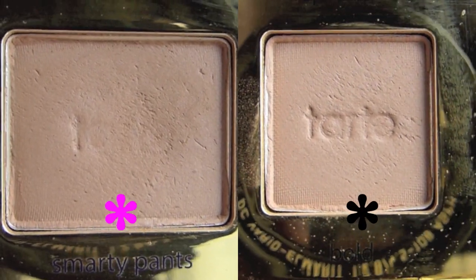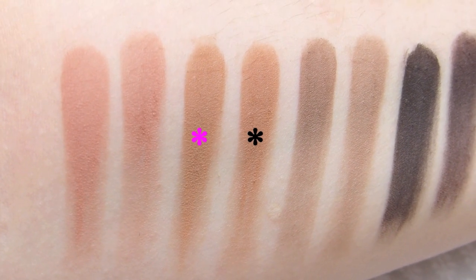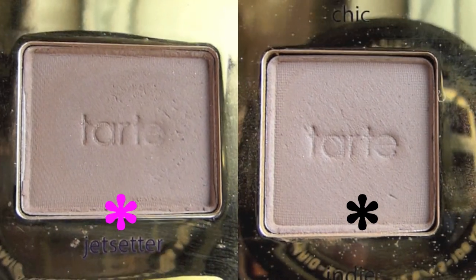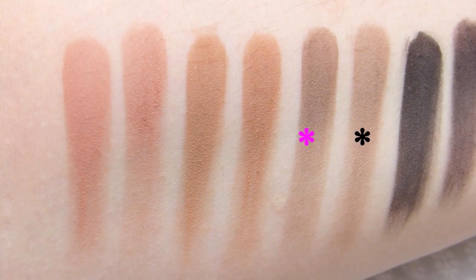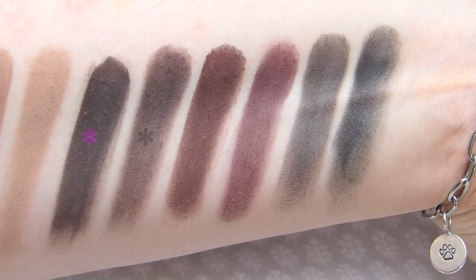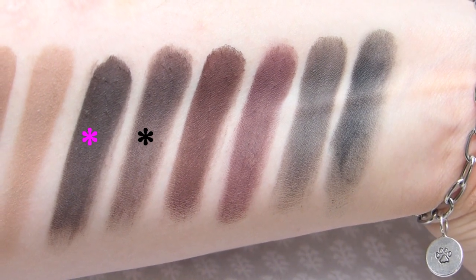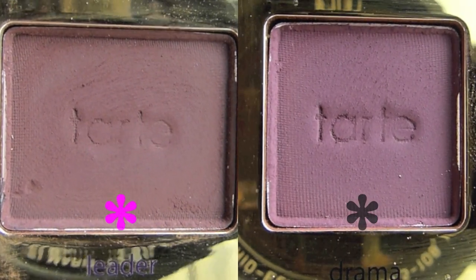They're not complete dupes. A couple of them are, like Chic and Sweetheart. I would say those are pretty much exact dupes, but the other ones all kind of end up looking the same, or mostly the same, you know? Once you get it on the eye and do your look with everything blended together, the shadows end up looking the same. So if you already have the In Bloom palette,